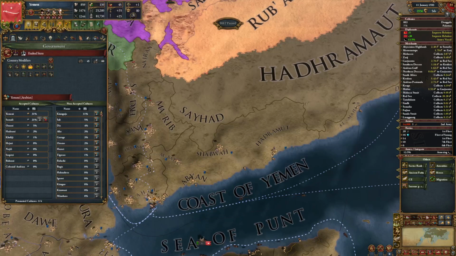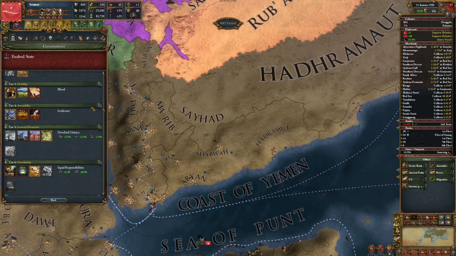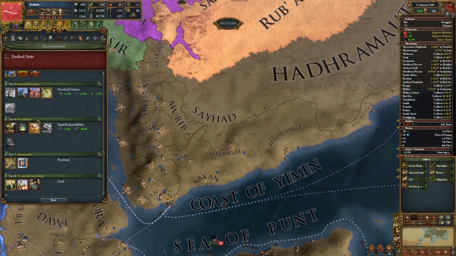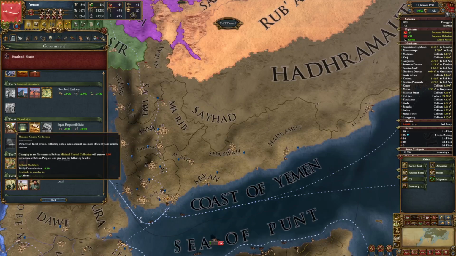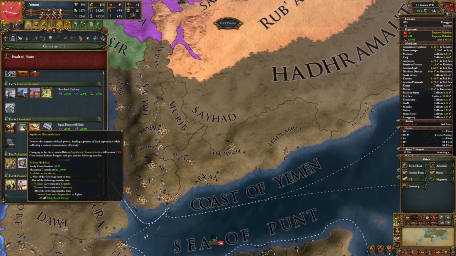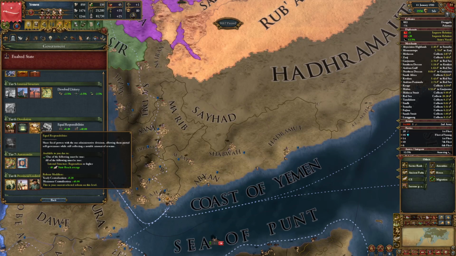How can you get a higher cap of centralization? Pretty much by doing the devolution here, tier 6 reforms. So most of the states you start with are feudalism, therefore they are really feudalized and decentralized. You start here, which basically gives you no additional centralization cap. But when you go to significant decentralization, you already get plus 20 cap and a higher monthly change, basically a yearly change. And currently I'm already on equal responsibilities, where I get plus 40 on my cap and plus 0.3.